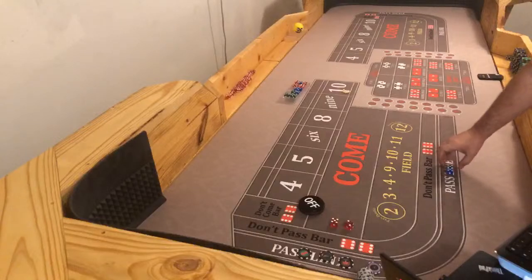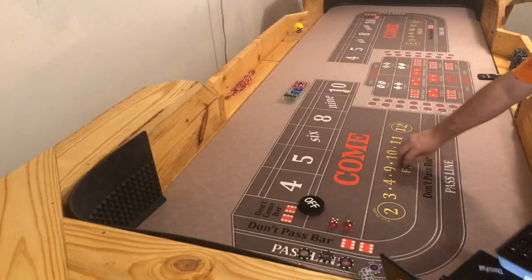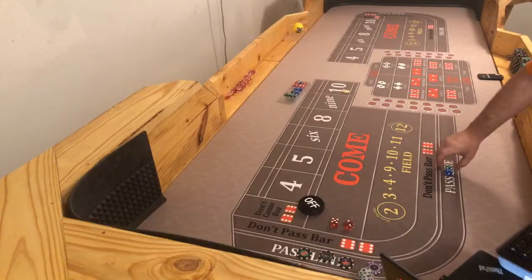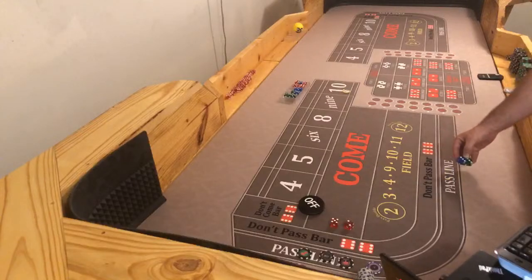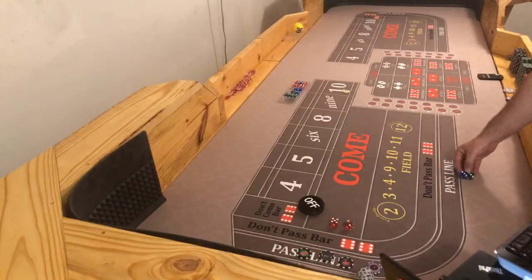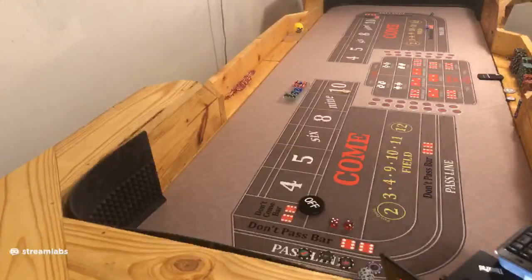So now it's just rinse and repeat. Get that foot back in the right place. Get that same grip, that same swing, timing, and release. 5-3, 5-3, dice are out. 1, 2, 3. We got 5-4,